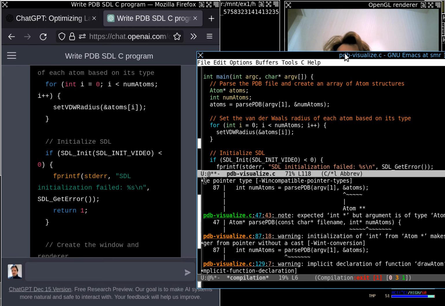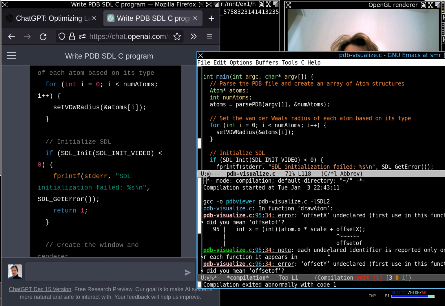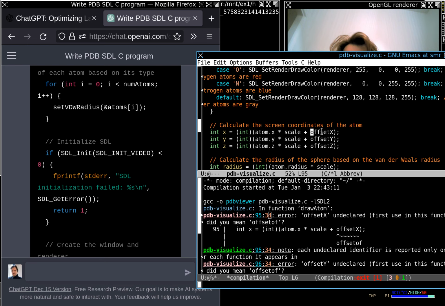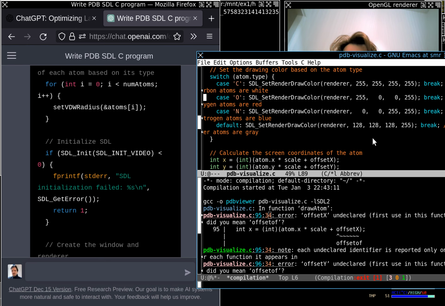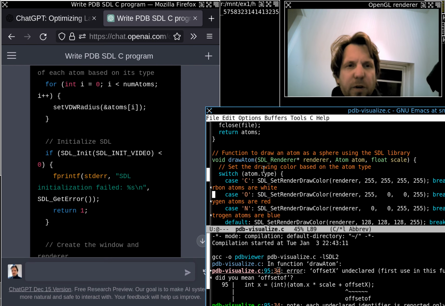So let's recompile this. There's still an error. Yeah, of course, these offsets here, there are these scales and these offsets, they don't get into this draw atom function, no? I mean, yeah,